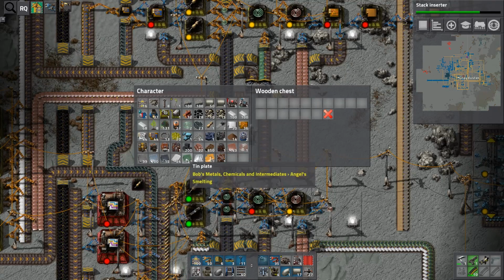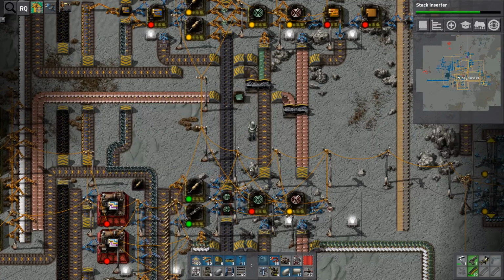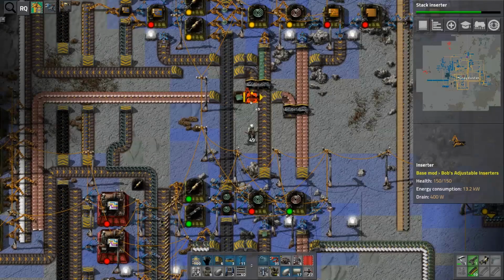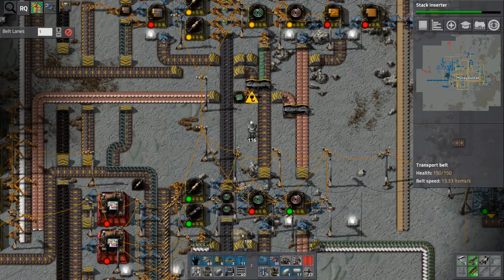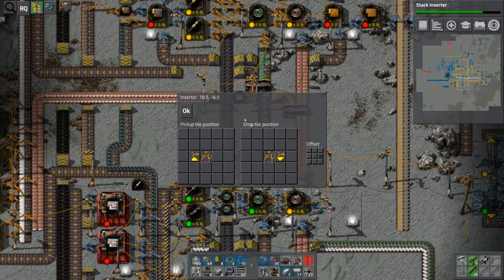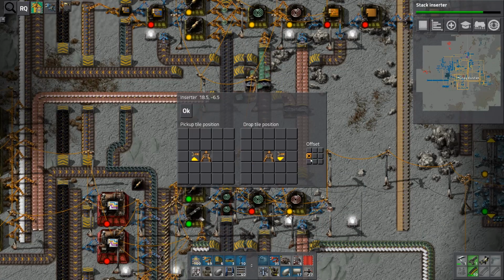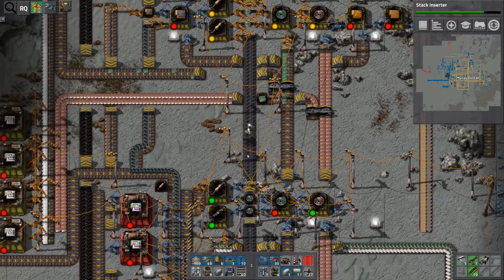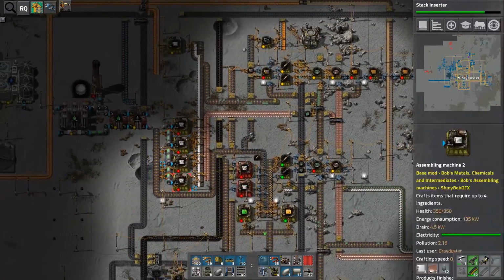And let's just put the tin plate in there. And we can feed it with one of these once I have a little bit of power. And we'll just set that to deposit on the near side. There we go. So, it's only half a belt supply, but it'll do just fine as far as keeping these